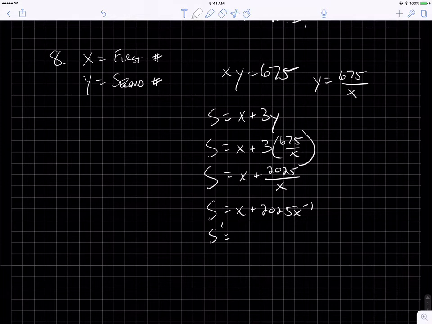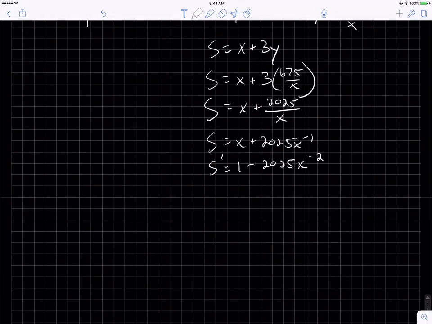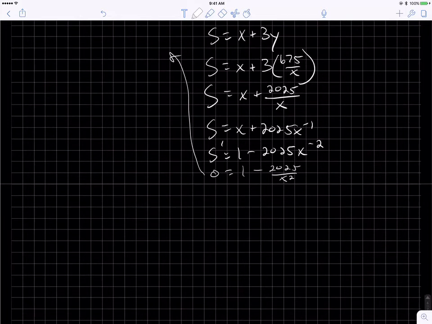Do the derivative. So that will be 0 equals 1 minus 2025 over x squared. I'll continue up here. Get my common denominator. x squared minus 2025 all over x squared. So then the critical numbers are the square root of 2025, which is 45. Plus and minus 45,